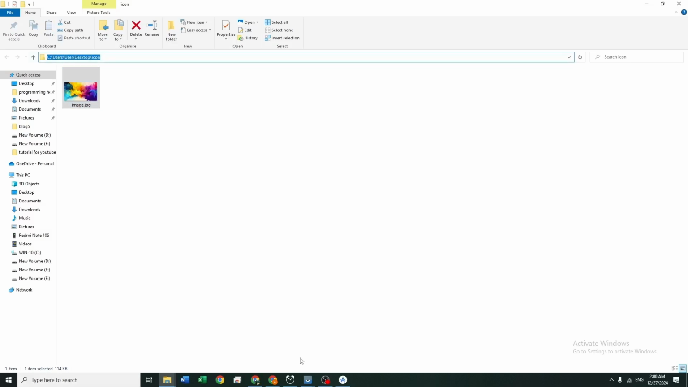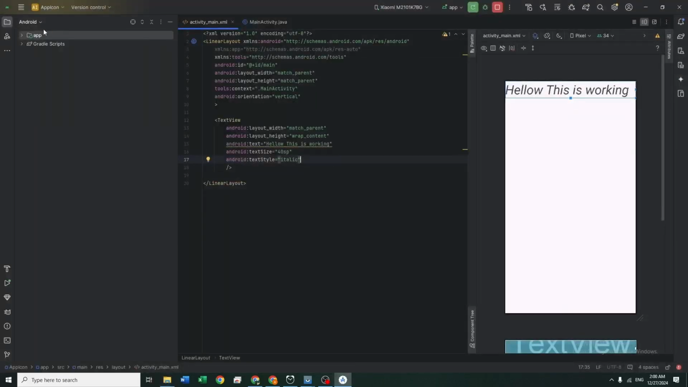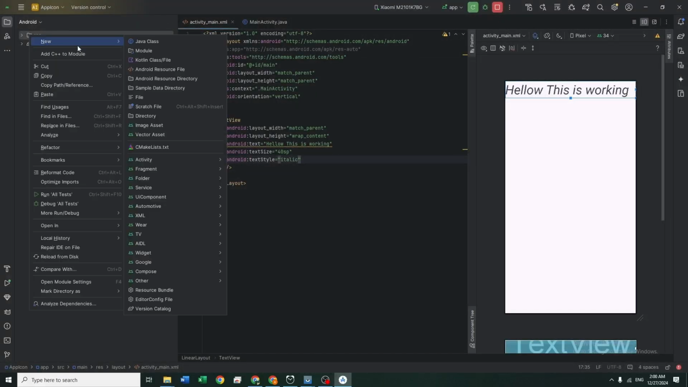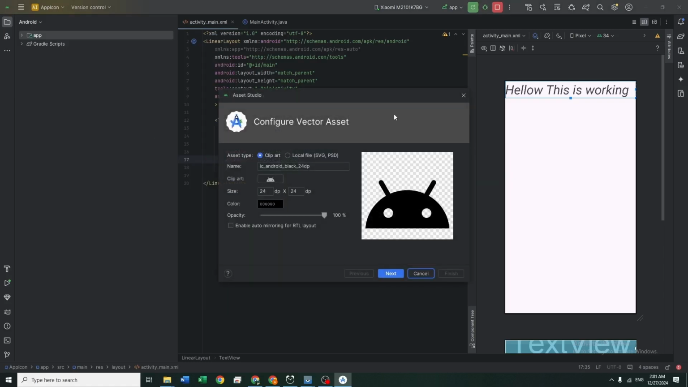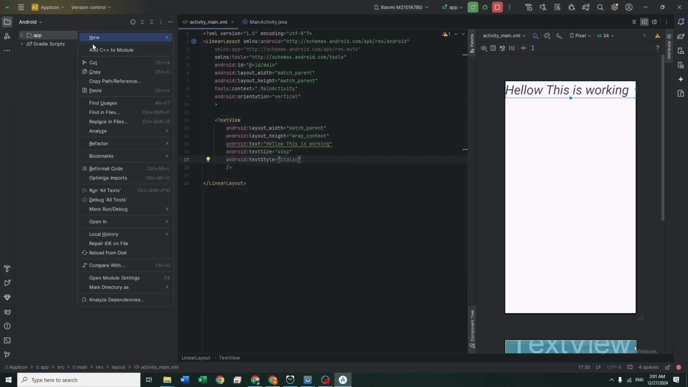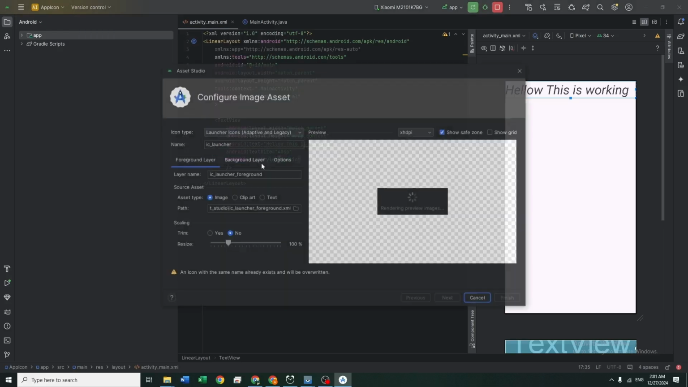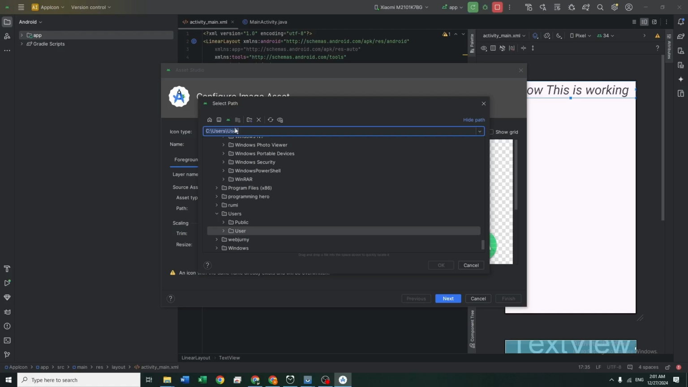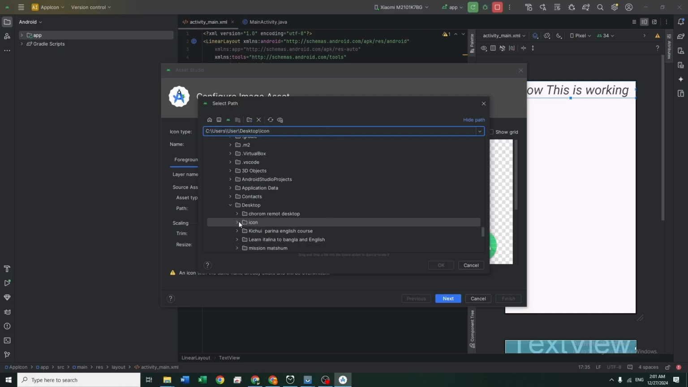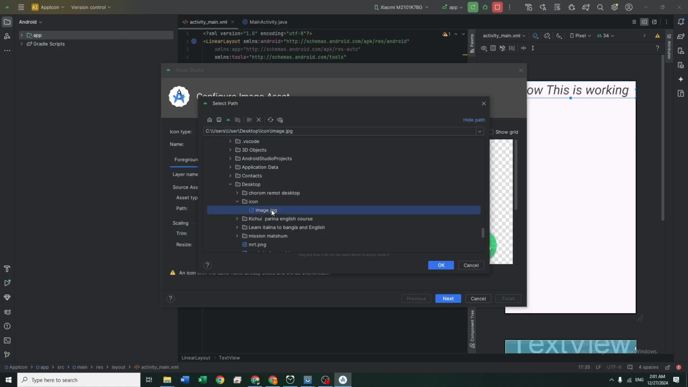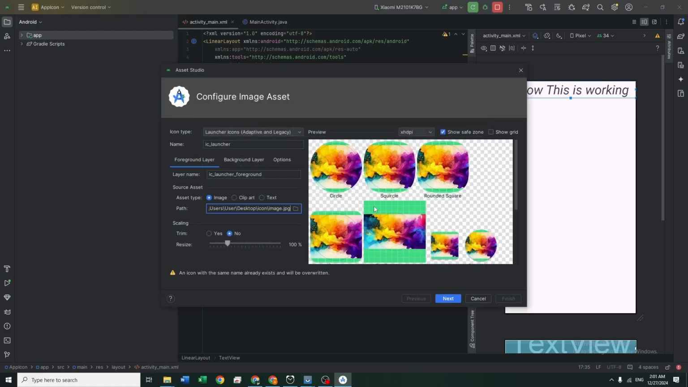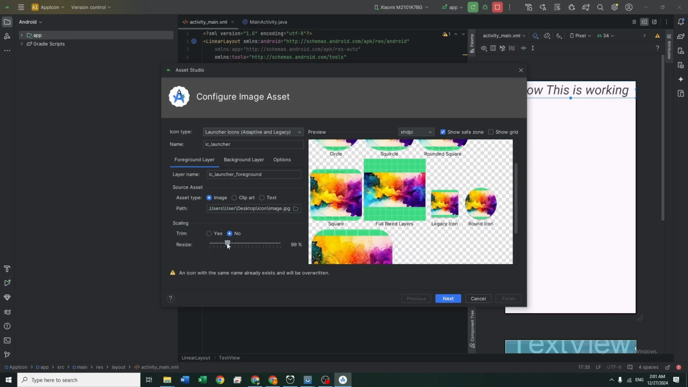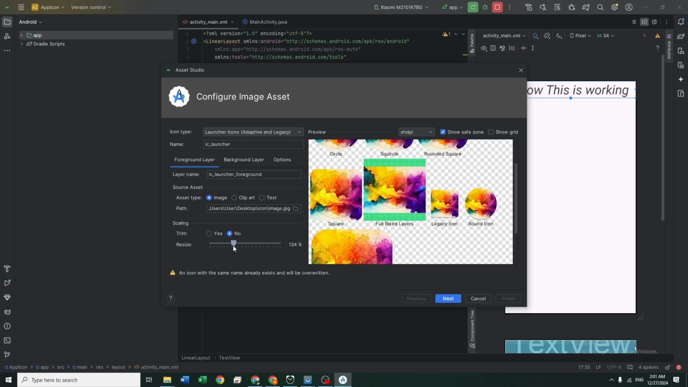Ctrl C, copy, and go to the app, click mouse right button, image asset, and click here and paste the image path. Okay, click icon and select image. Okay, now okay, perfect,